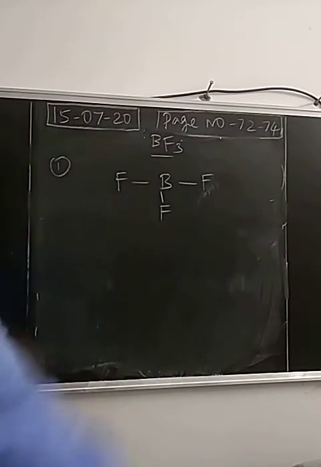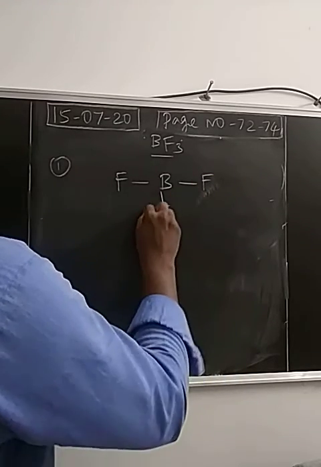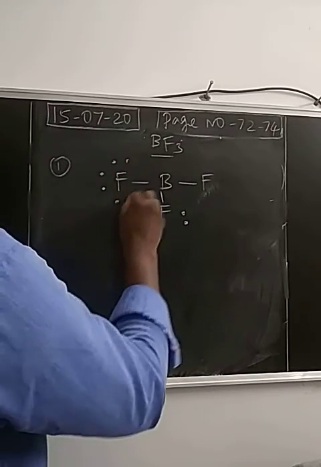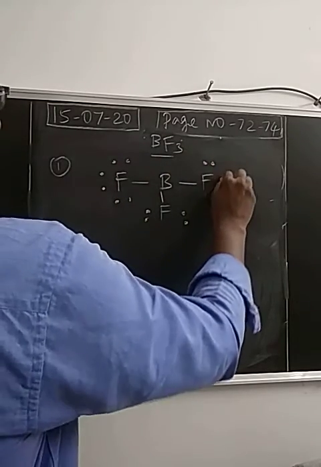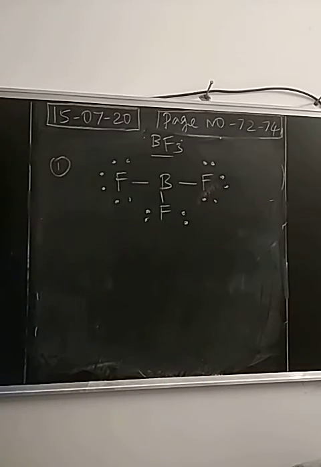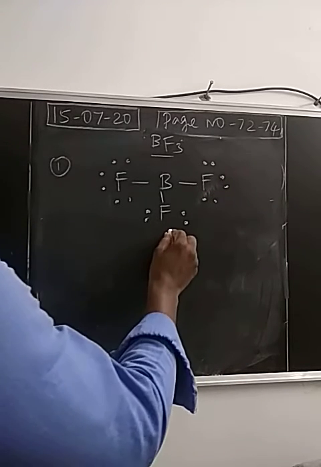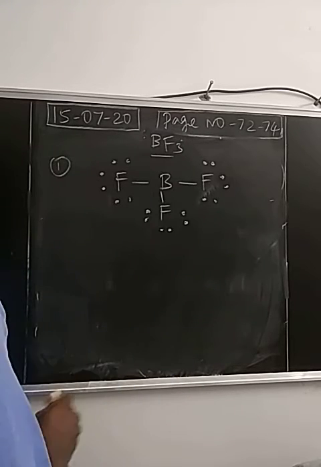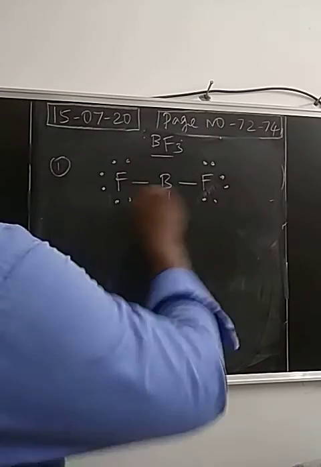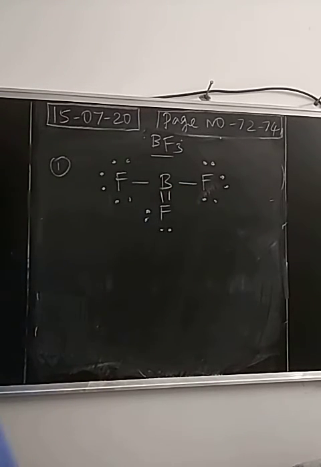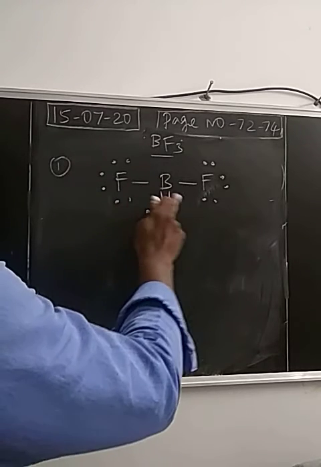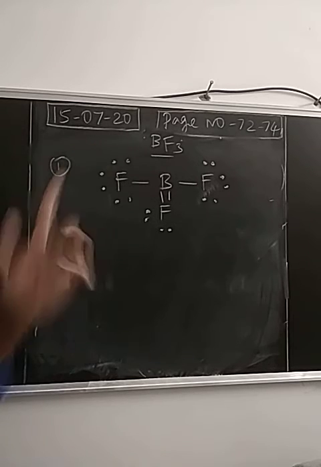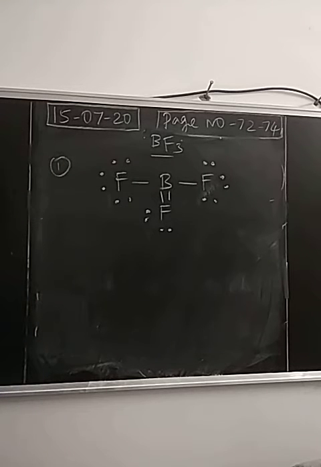So only 6 electrons are present, so that to be a stable one, this lone pair of electrons is moved as a double bond. So you can have a double bond here, right? So now what about boron? Around boron, 8 electrons are present. 2, 4, 6, 8. Okay. So this is the general representation of boron trifluoride using the Lewis structure concept.